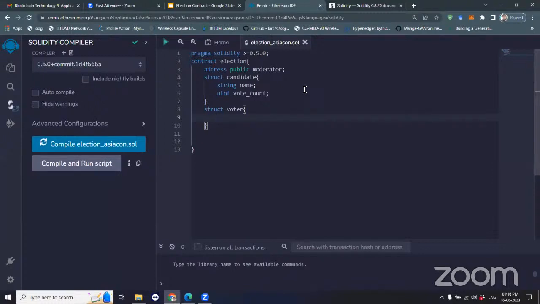So let's see if she has voted. A Boolean variable we will take. So: bool isVoter, which means she has been given the right to vote. And bool hasVoted, which means that